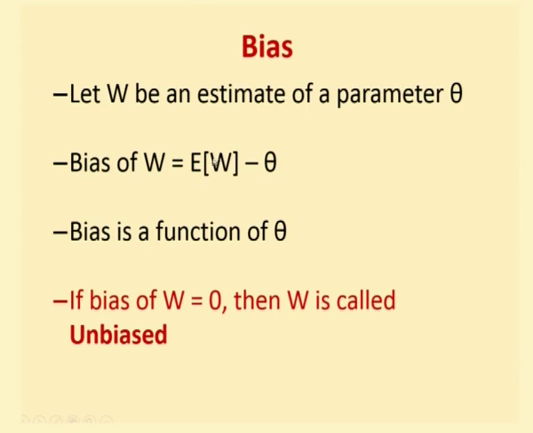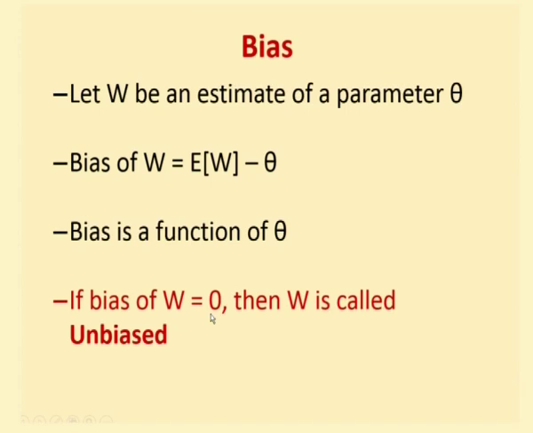I can calculate this, then a measure should take it as close as possible. That is how I am calculating. So if this is deviated, then I have some bias. Therefore, it looks like a well defined formula, but still there is a quantity which we may not know. So bias ultimately is a function of theta. And finally, we have a clear definition. If bias of W is 0, that means this expected value is exactly equal to theta, then W is called